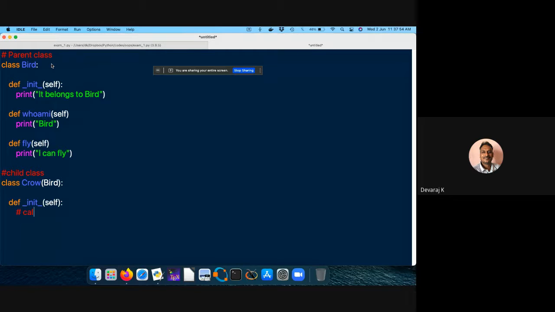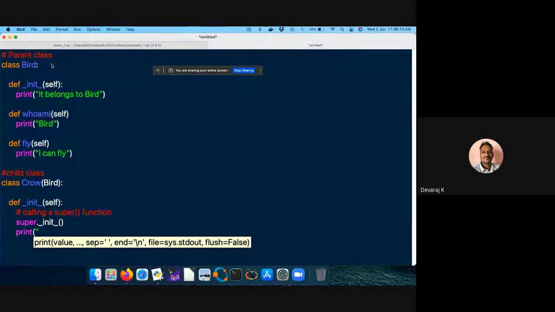Calling the super function, that means super().__init__(), I'm going to call that. It's an init actually.